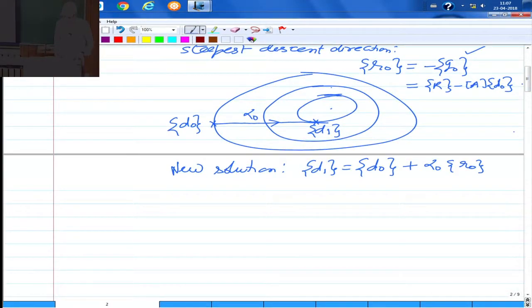Then now, this is your new solution, but this solution is not known, because D naught is your initial guess and you have calculated the gradient at the initial guess, but alpha naught is not known. So then you need to find it,